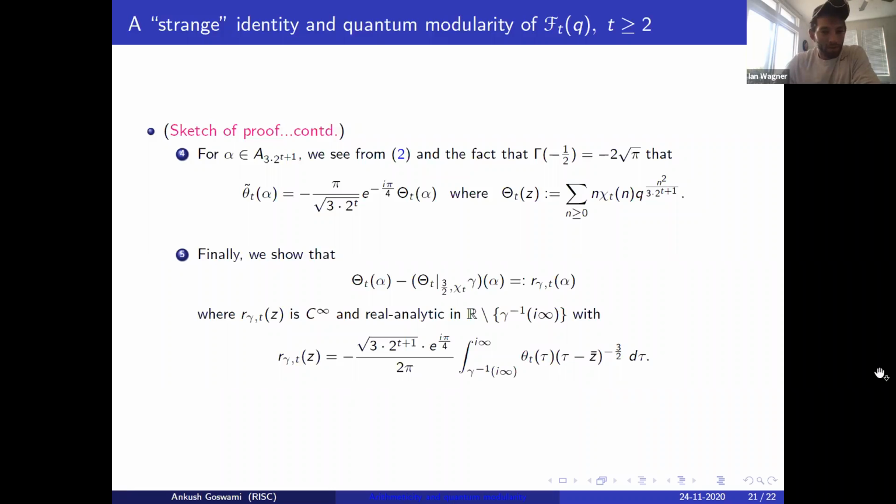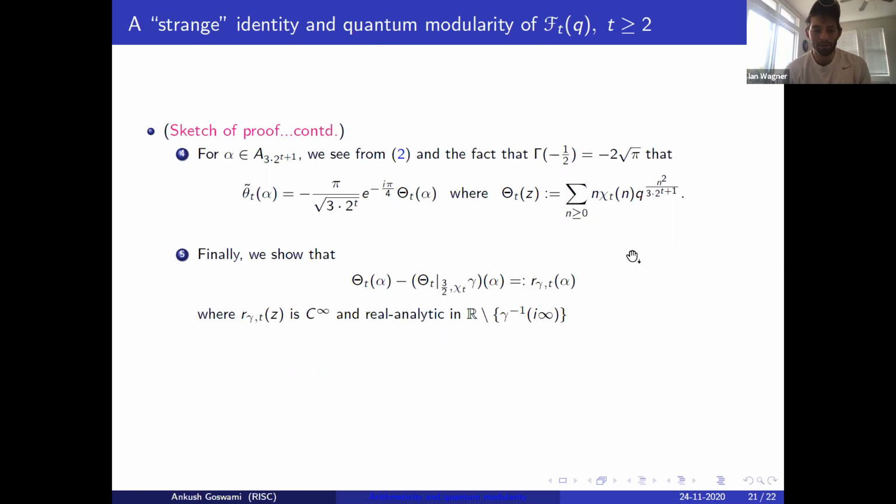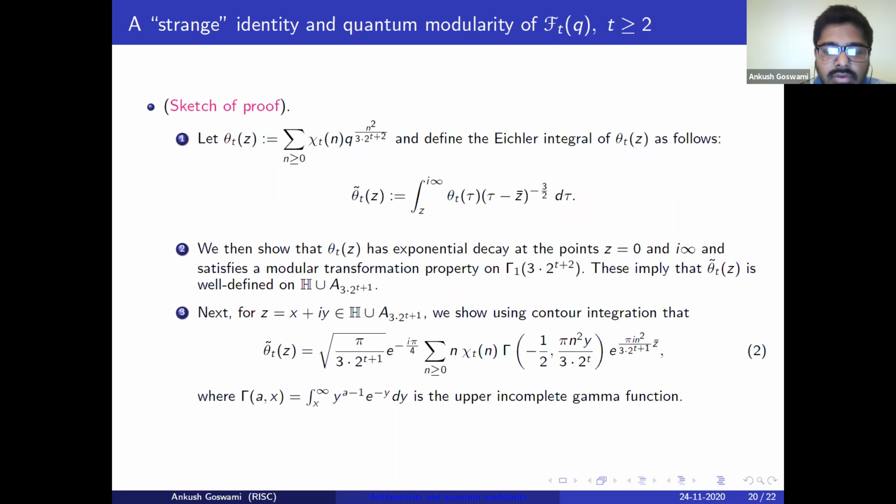I have a quick one, again, about the proof here at the end. Can you say a few words about the modularity of this θ_t, the thing that you end up taking the Eichler integral of? To begin, we know that for the t equals 1 case, we get essentially the Dedekind eta function, nicely modular. Are these θ_t's similarly nice in that way?